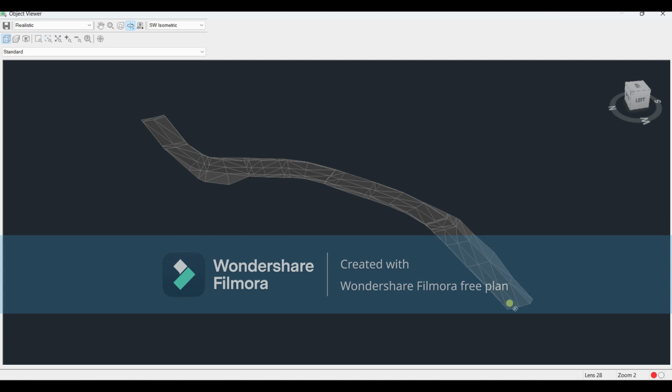After comparison of surfaces, we can find out the quantities: excavation quantities, backfilling quantities. So this is all